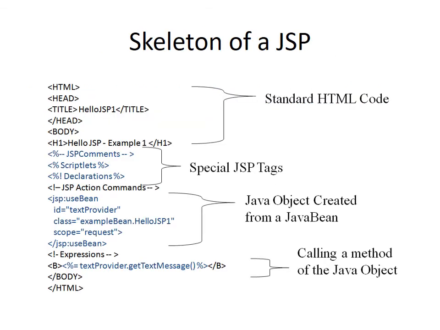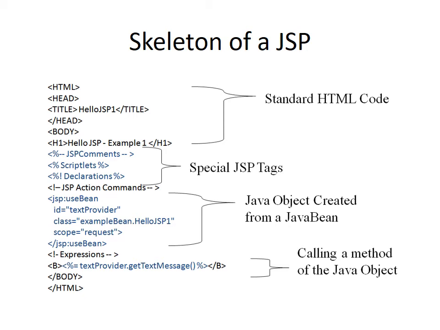Now here we find the skeleton of JSP. I have HTML, as you find here, till here it is my HTML tag. I start with body, again an HTML tag. For my heading I am using H1. Now I am putting in my JSP tags, if you find it here, right? So I am using the comment tag, scriptlet tags, declaration tags. Then I am using the action tags.